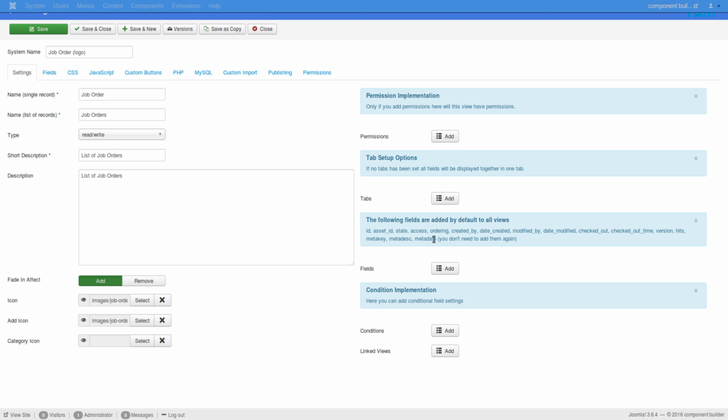So these are your default fields that always get added to the view even if you don't create them. In fact, you don't need to create them. But I have seen that sometimes you might want to display some of these fields in a different area of the application. You see, currently